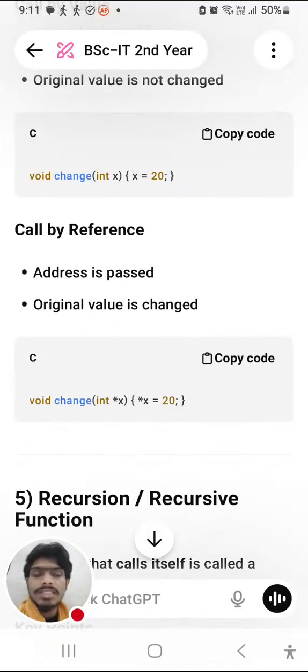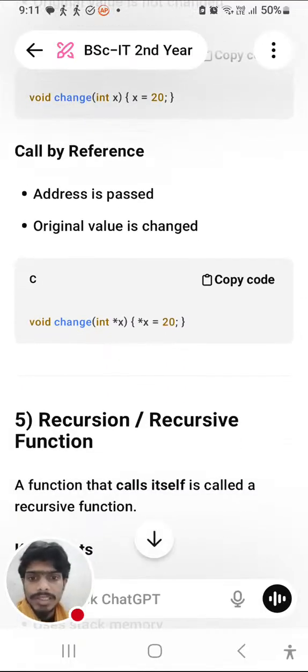But in reference we are providing the address. So if you have already got the address, what will you do? You will change the value, or you can perform any operations, like here void change, int asterisk s, asterisk s equals 20. It is saying that I want to change in int asterisk s,